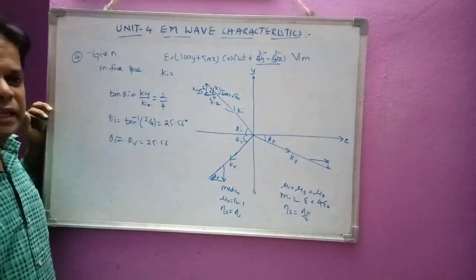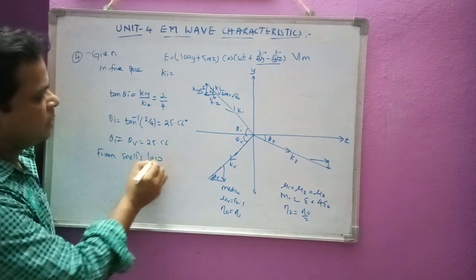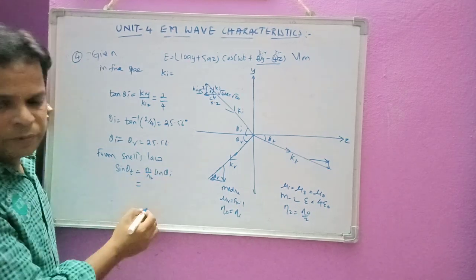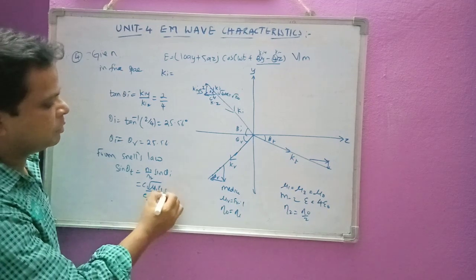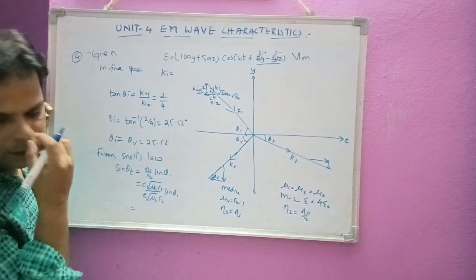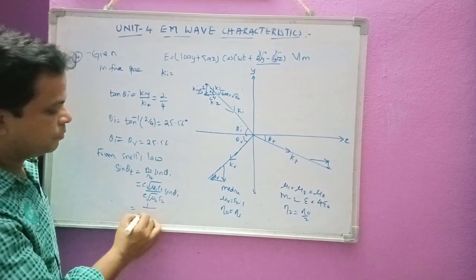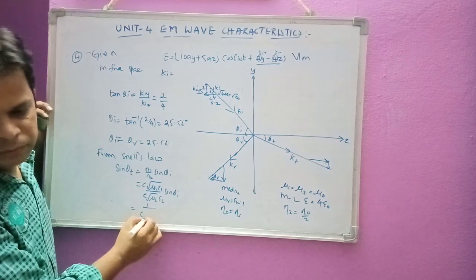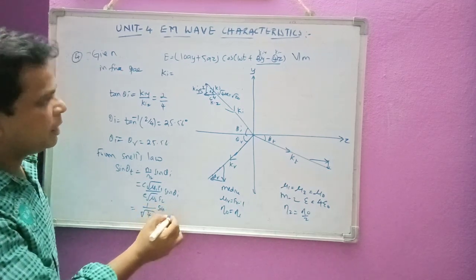We can use Snell's law, because we have sin theta t is equal to n1 by n2 sin theta I. N1 by n2 we know here, that is c into the square root of mu1 epsilon 1 over c into the square root of mu2 epsilon 2, into sin theta I. In medium 1, mu r and epsilon r are 1, so the square root of 1 into 1 is 1, and this will be equivalent to root 4 for medium 2.